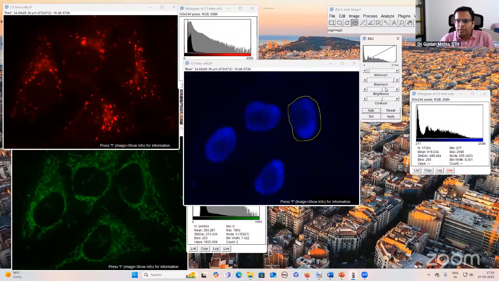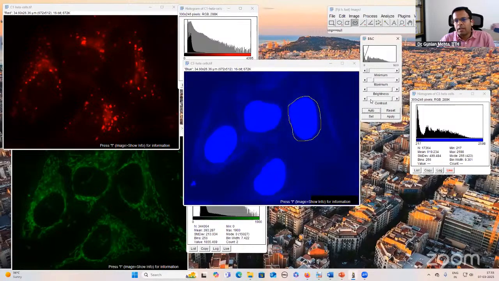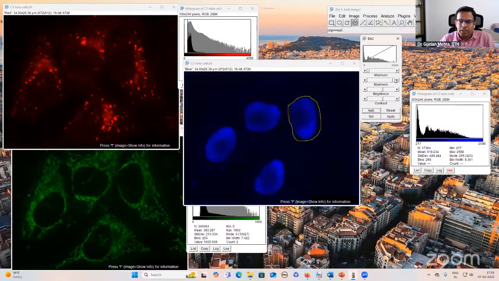So if I want to show that this nucleus has a lot of protein, let's say, I can just show it like this, and I can say that this nucleus has a lot of protein expressed. And if I want to show that this nucleus does not have a good amount of protein, I can show it like this, okay? So is this the right way to adjust this brightness and contrast?